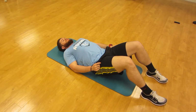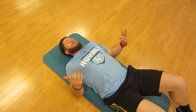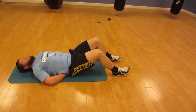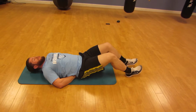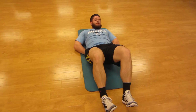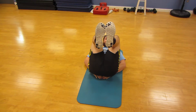All right, so the move we're doing here is going to be called leg raises, but especially if you're a beginner, we're going to go with knee raises. So what you're going to do, I'd probably start out by putting your hands underneath your back, kind of make a diamond and put them underneath your back here. Kind of takes some of the stress off your back. And you're going to start out with your knees at kind of a 45-degree angle, and you're going to lift them up until you kind of start to feel it,